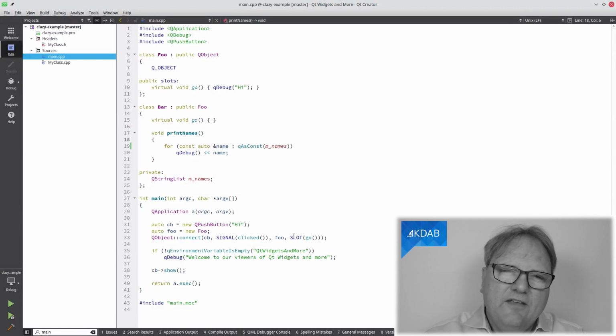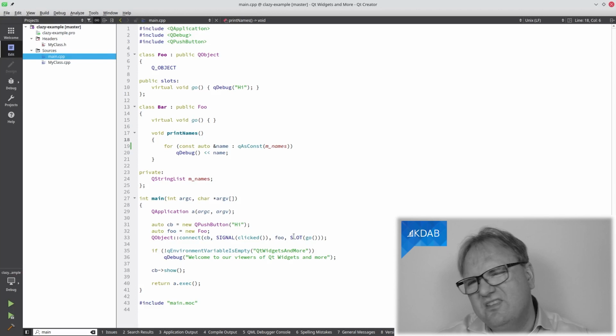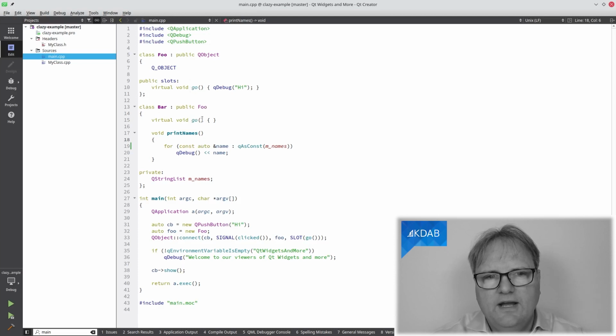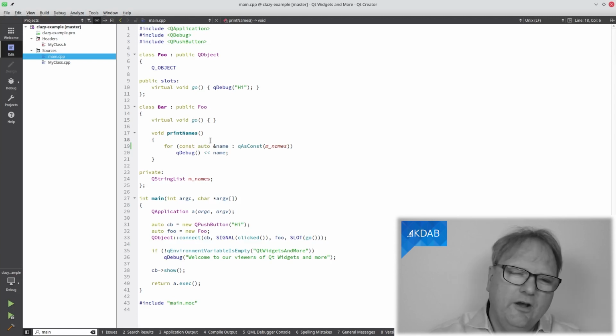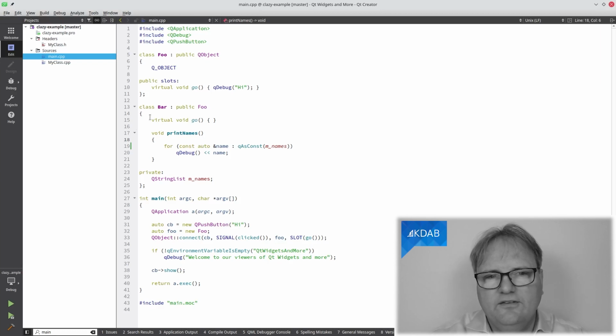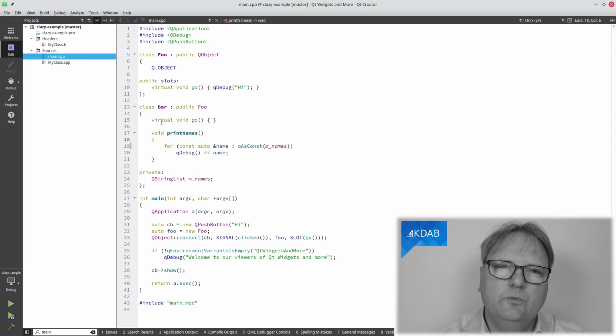And let's see the source code here. When you look at this source code, if you look really carefully, there are actually a few errors, or not really errors, but abuses. First of all, we have up here a virtual void go, and that's in the class Foo that Bar subclasses from. I have my virtual void go here, but should it say virtual? Shouldn't it say override as we do in C++11? I know that in 2010 we wrote it like this to indicate that it was a virtual. But these days we should use the override.